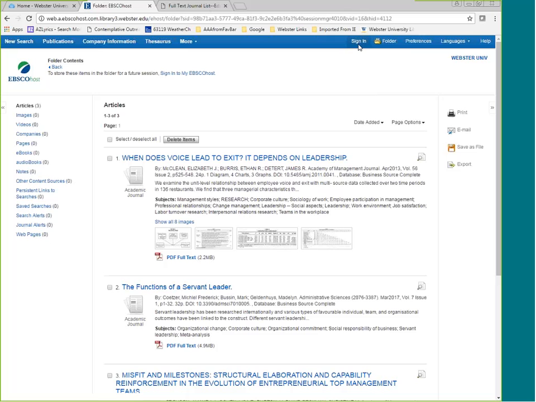But what you can do is create yet another account. It's called a My EBSCO account. So up here on the blue menu, sign in, create your EBSCOhost account, and then you can save searches and folders of items, and you can name them, and you can have lots of different folders and searches. So you can use the EBSCOhost cloud to save those things for you.